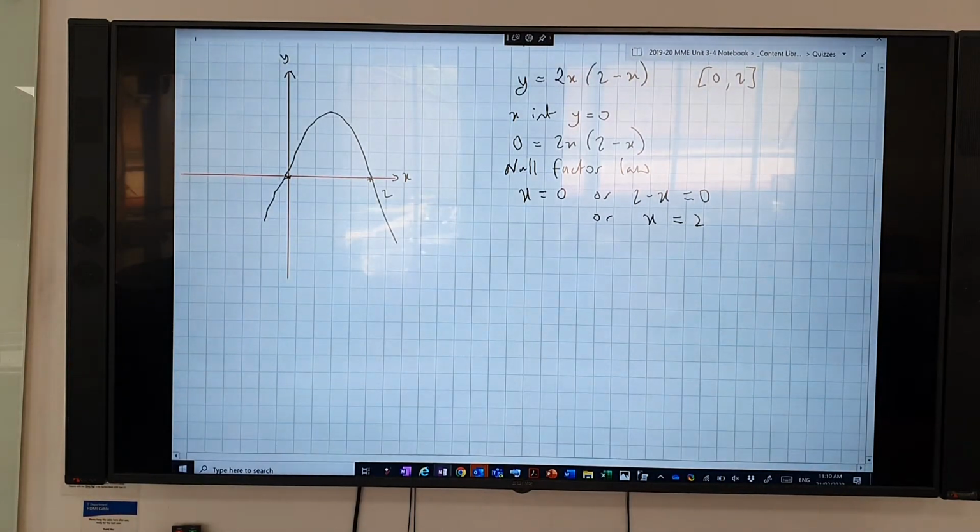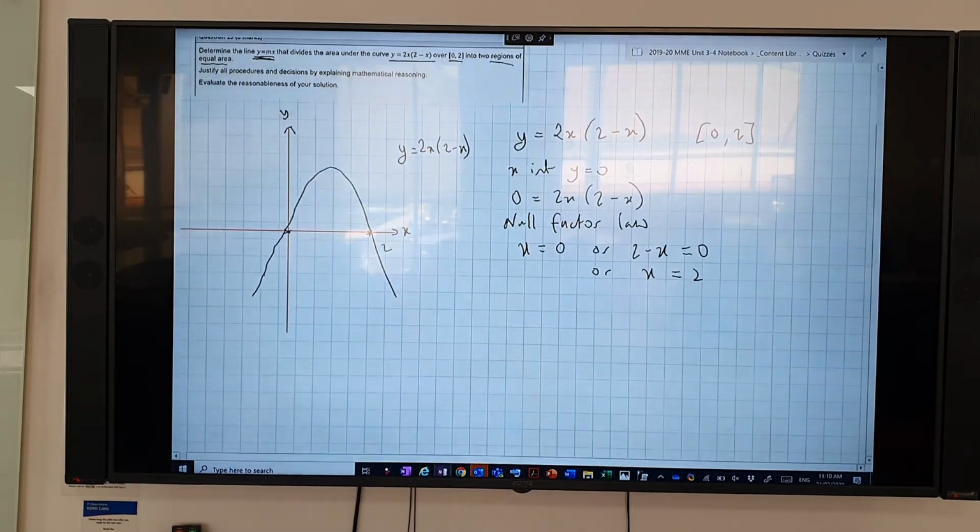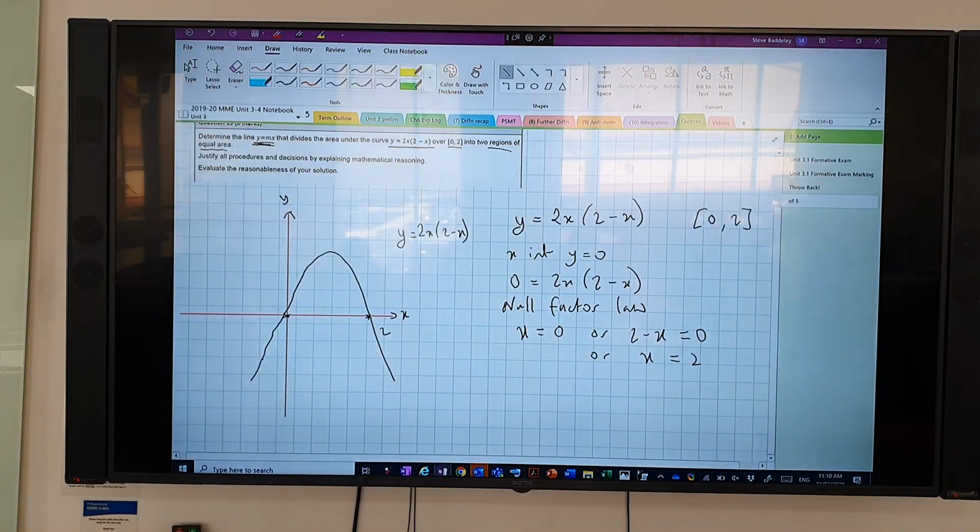It hasn't got to look brilliant, it really hasn't. Alright, good idea to label it. You won't lose any marks for not labeling it because it's not asking you to sketch it, I don't think. But it's just making it clear to you. Then it says there's a line y equals mx. Now y equals mx, there's actually a lot you know about y equals mx. Where is it going to cut the axis? 0. How do you know that? Because it doesn't have a y-intercept. So it's not like mx plus c.